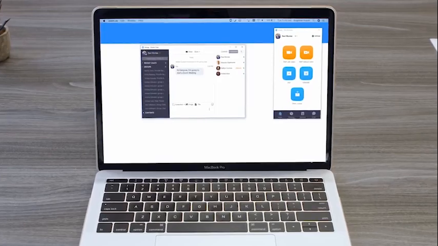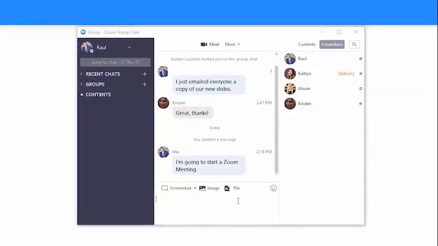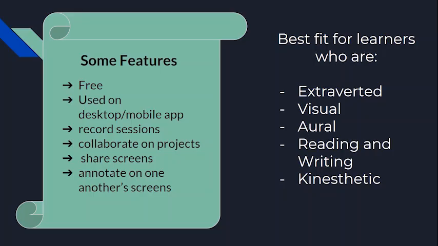Collaborating on projects for work or school will just be a breeze. Just imagine. No, you don't have to, for it is possible with Zoom to share your screen and your peer or colleague may make annotations. I have shared so many features about this technological tool, but what type of learners is Zoom most suitable for?